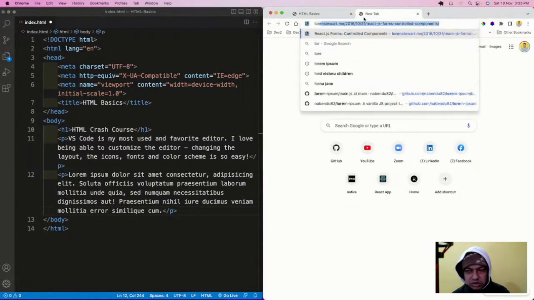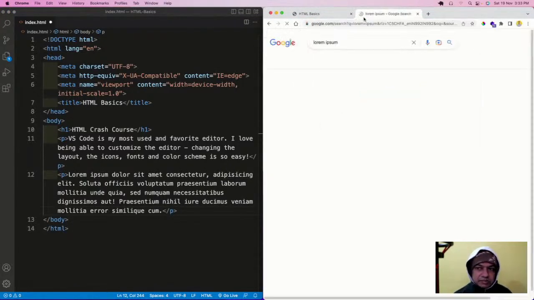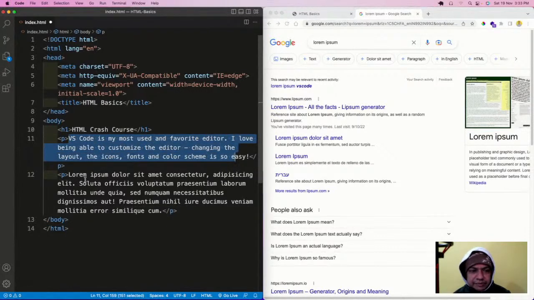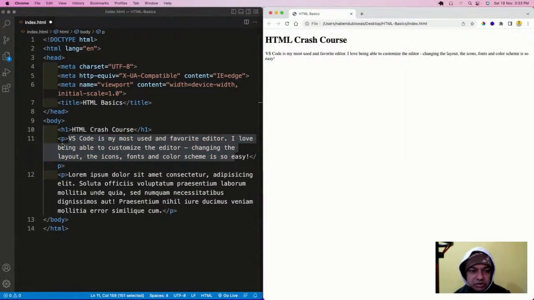Earlier newspapers used to have this lorem ipsum, because I want some dummy content. I cannot always give content off the top of my head, and this dummy content seems like real content. It is inbuilt in VS Code. You have to write lorem and then press tab, and it will complete it.